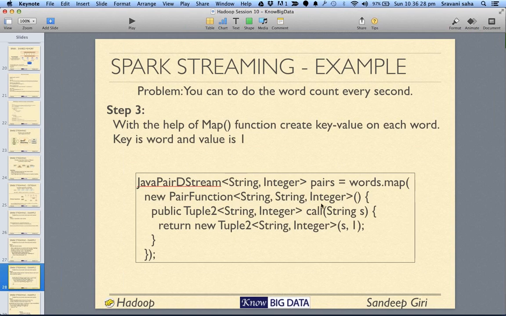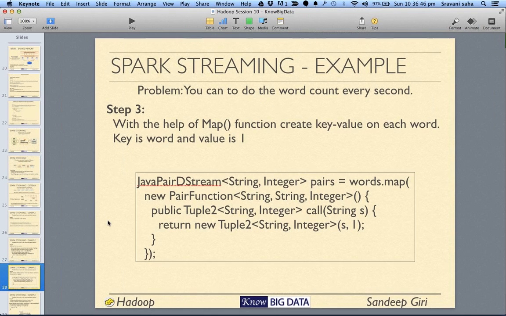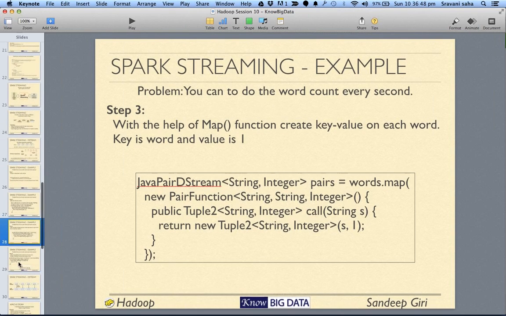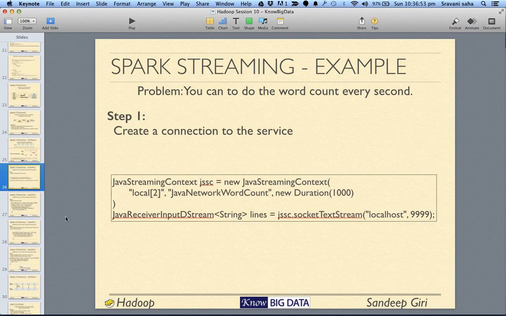After that we had words.map. So we can run whatever we learned for Spark in the same manner on top of the objects being created by streaming. What exactly are we trying to do? On each window of elements, we are trying to do the word count problem.